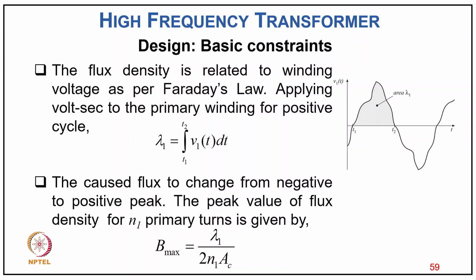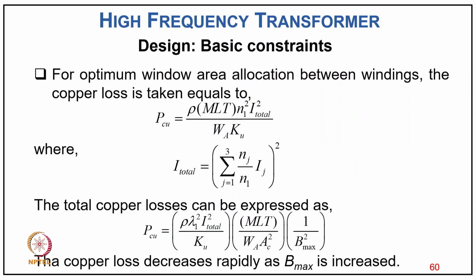So, typically the basic constraint on design, the flux density is related to winding voltage as per Faraday's law, applying the voltage volt-second to primary winding during the positive cycle. So, lambda equal to integral T1 to T2 V1(t) dt. You can see in the diagram. So, this causes flux to change from negative to positive peak, and the peak value of flux density for N1 primary turns is given by Bmax equal to lambda 1 upon 2 N1 Ac, and